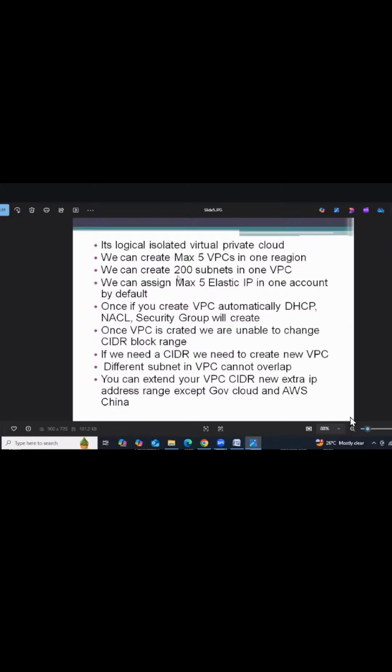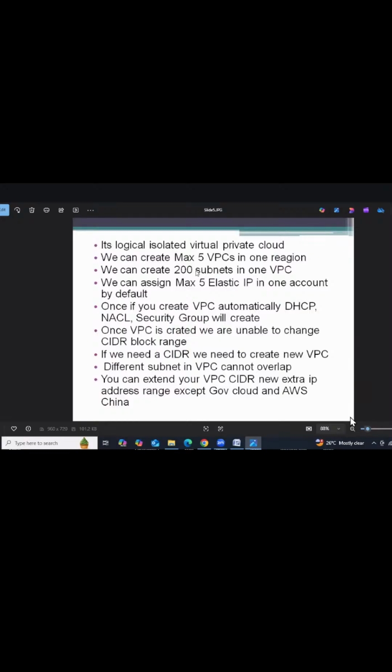How many subnets can we create in each VPC? 200 subnets. For example, assume that this building is a VPC. How many floors do we have in this building? Four, I think, right? First floor, second floor, third floor, fourth floor. Like the same way, in one VPC we can have 200 subnets. VPC is a large network.